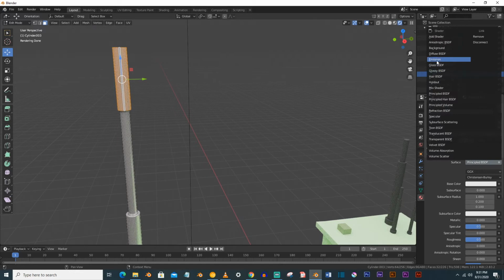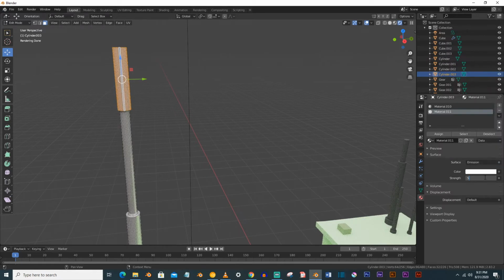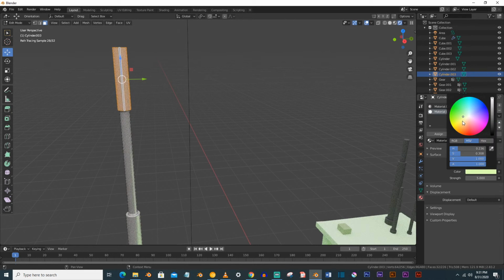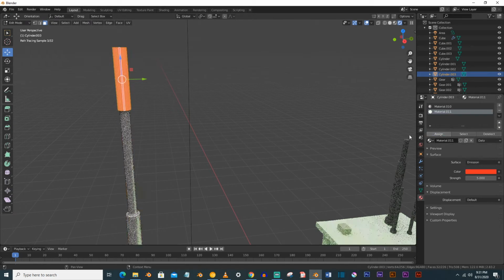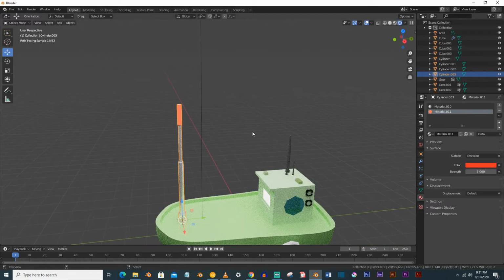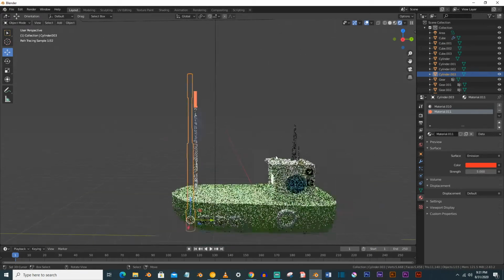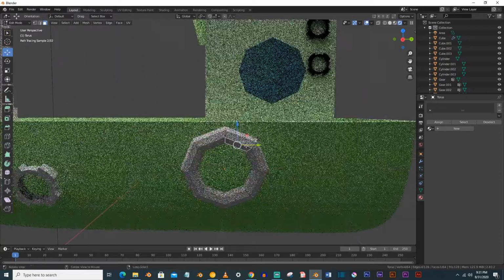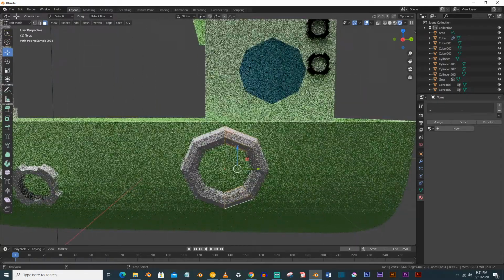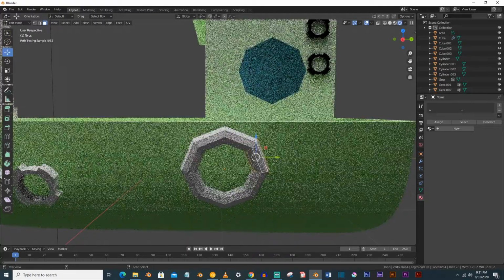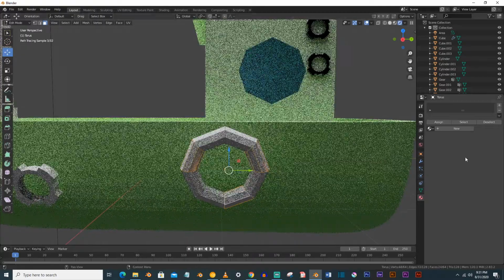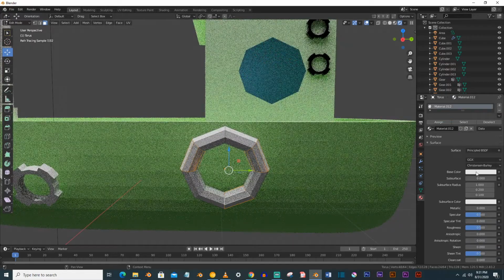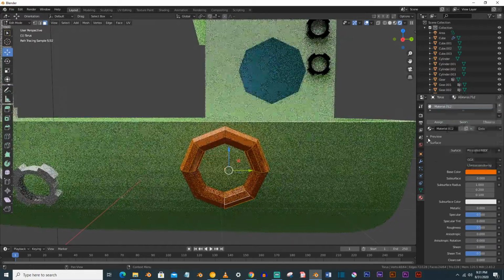I will assign it to emission and make it a value of 5, and I will give it some color, make it red. So this is our board here. Assign this also some color. Give it gray, orange color.